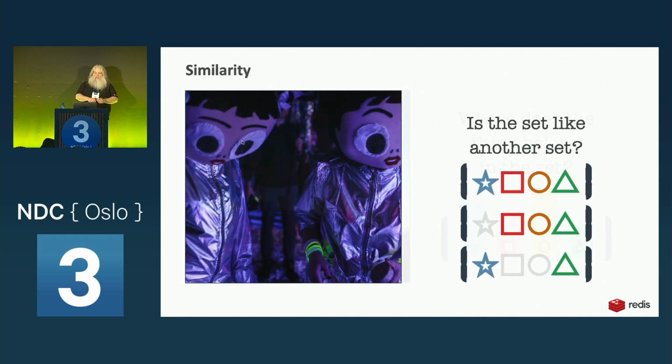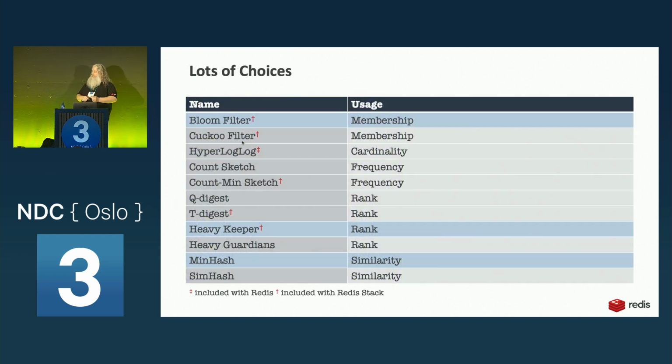You can also do a similarity on some of these sets with some of these data structures, where you can measure how similar one set that is probabilistic is to another. We'll get into that when we talk about min-hash. There's a lot of choices out there, and I just grabbed a few off the internet here. I haven't looked at all of these in detail. Some of them I haven't looked in. I kind of know how they work, but I don't have a talk ready. The ones we're going to talk about today are Bloom filters, heavy keepers, and min-hash.